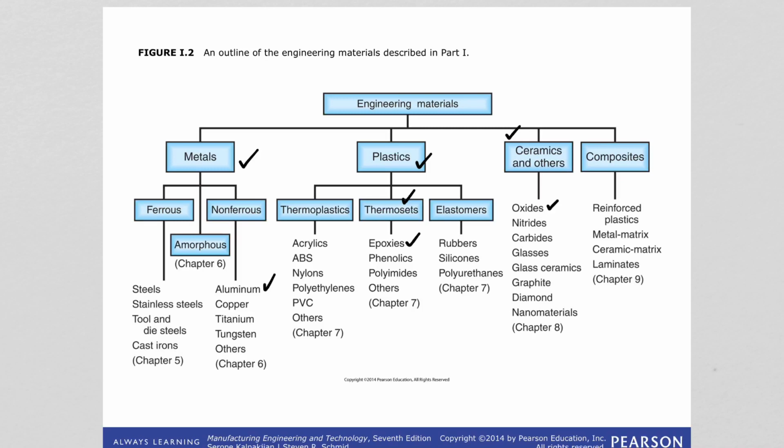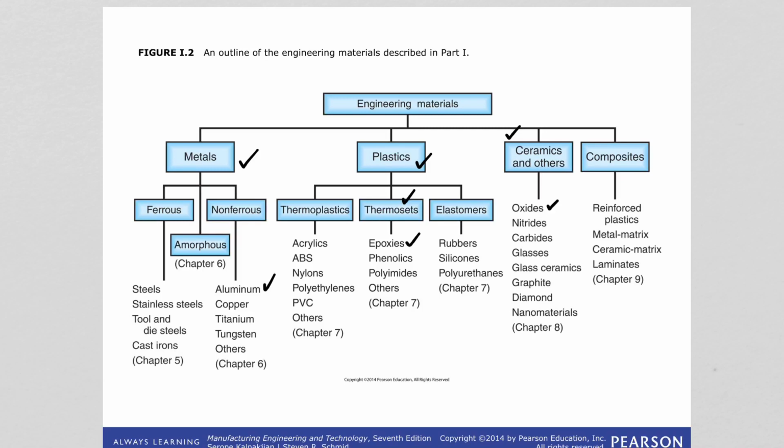With different parameters, different processing techniques. So a manufacturing technique that is capable of manufacturing metals might not be able to manufacture plastics. Therefore, it is important we understand which materials belong to which families. Elastomers, for example, are rubbers, right? And ceramics are